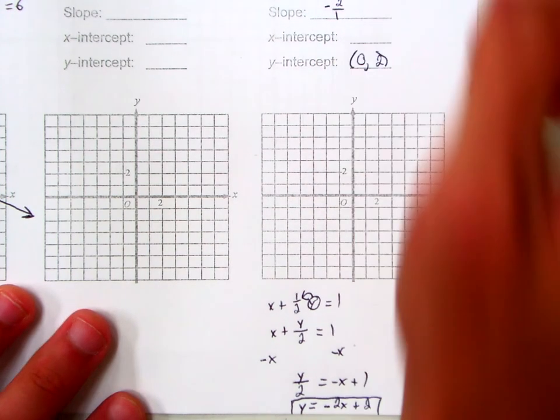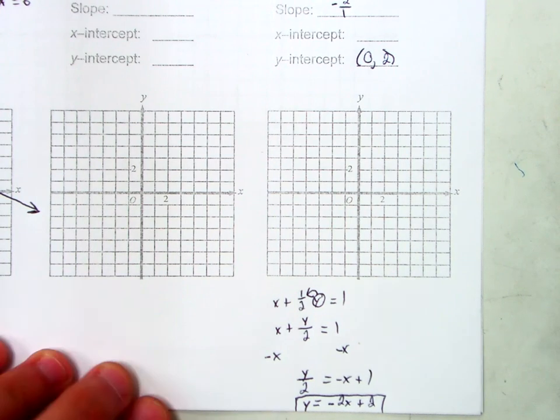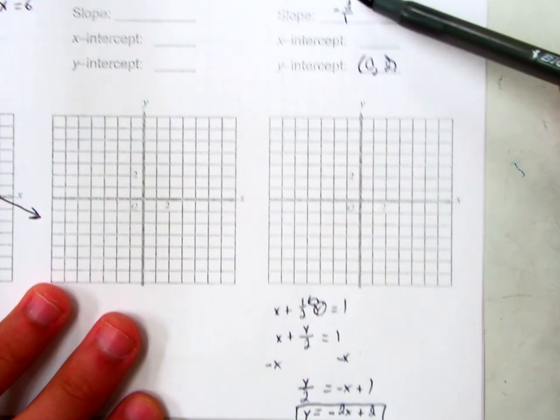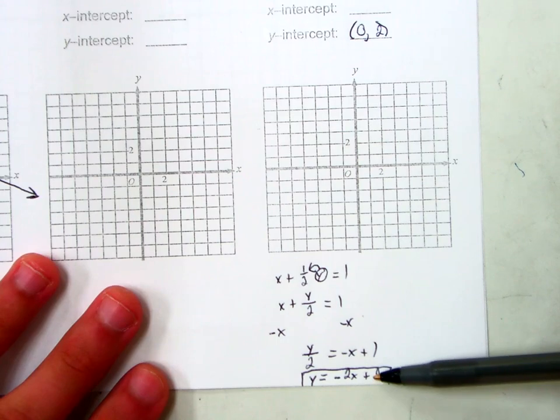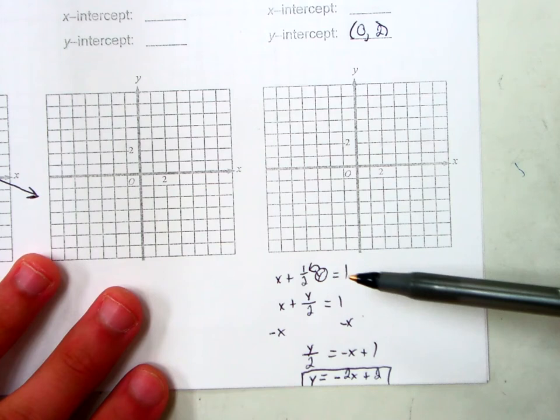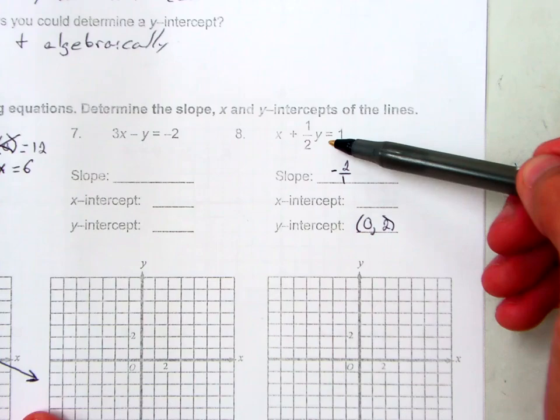My x-intercept I can find by plugging 0 in for y. So let's go ahead and do that. I'm going to use this top equation again. I think it's easier to use. You can use any one of these equations. You can use this one, this one, this one, as long as you didn't make a mistake. Any one of them. I'm going to use this one because it's the easiest, I think,